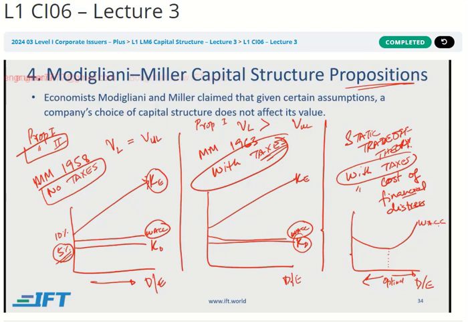Why? Because there is a tax benefit. So the value of the leveraged firm is equal to the value of the unleveraged firm plus the tax benefit, right? So the tax rate into the debt amount. This is the tax benefit that you get, and hence the value of the leveraged firm is greater. But in the static trade-off theory, we basically say that the value of the leveraged firm is the value of the unleveraged firm plus the tax benefit, right? But minus the present value of the cost of financial distress. So this is the high level discussion of these entire three theories that we will talk about.